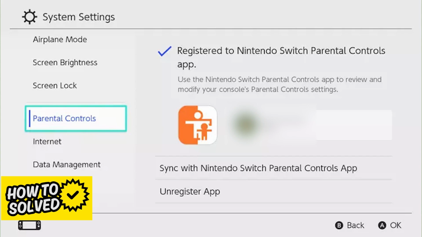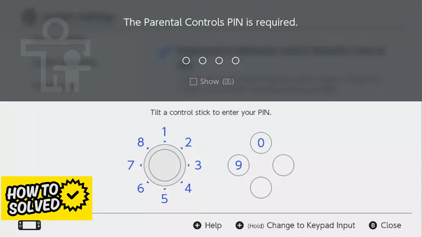In there, you will have a bunch of options including Change Settings. Once you select Change Settings, you have to enter the PIN number once again, and after you enter the correct PIN, you will be able to press the X button, aka Reset, to remove the parental control settings and the PIN number. Once you press the X button to reset the PIN, you can simply select OK and go back